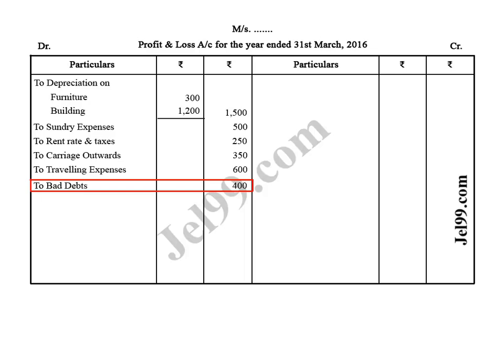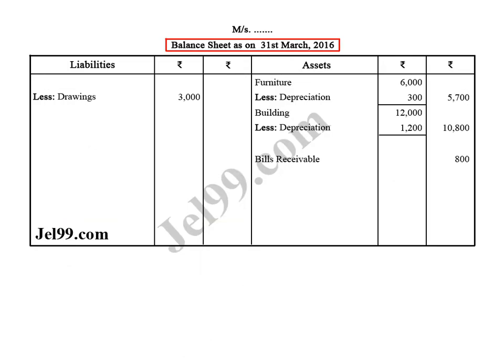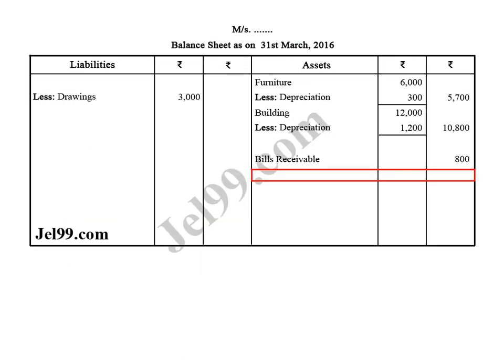It is a loss of the business. As per accounting rules, debit the expenses and losses, and credit the income and gains. Then sundry debtors of rupees 10,800, this is shown in balance sheet, assets side, sundry debtors of rupees 10,800, then